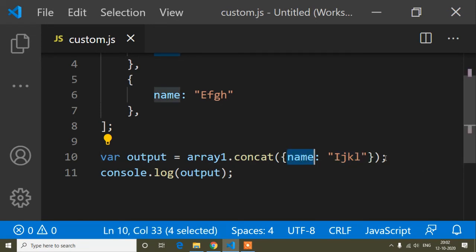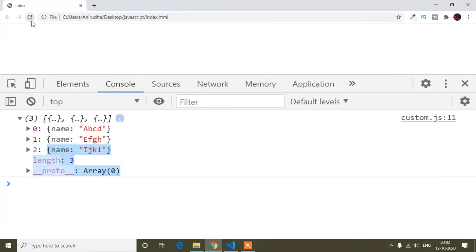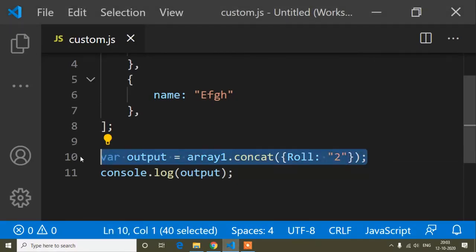Suppose you want to change the name here, you can change it to role. So just write here 2 and save, and just check it, and here you can see it concats role 2. So this way you can concat an object in an array.